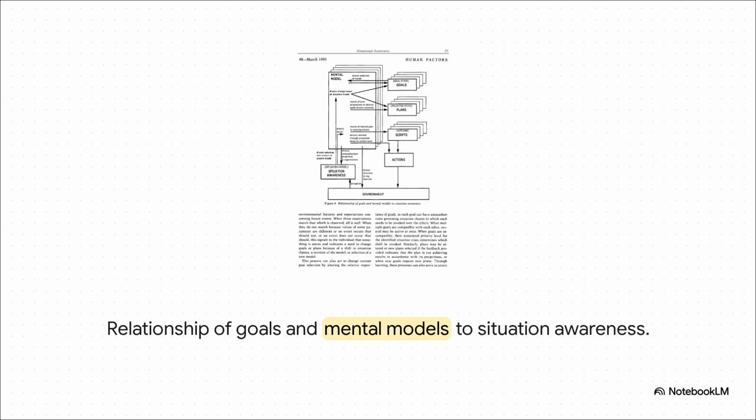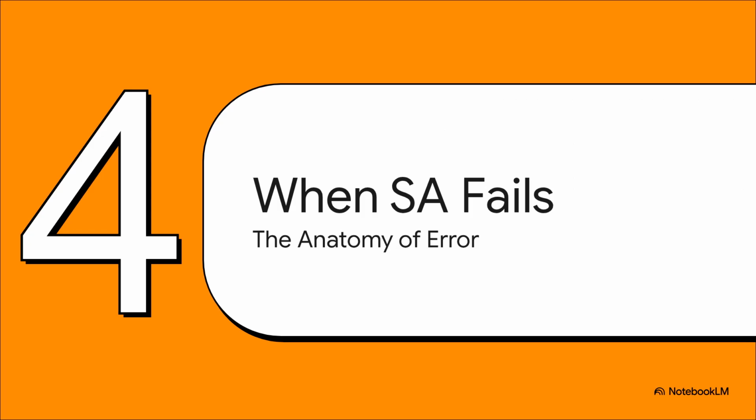And this brilliantly illustrates the cycle of how our goals essentially dictate our reality. Our active goals actually select which mental model we're pulling from, and that model directs our attention out into the environment. This is a game changer. We do not process everything around us, not even close. We only process the parts of the environment that actually matter to our current active goal. If the environment suddenly shifts or our plan falls apart, we have to immediately swap out that mental model and grab entirely new goals. Which brings us to Section 4.